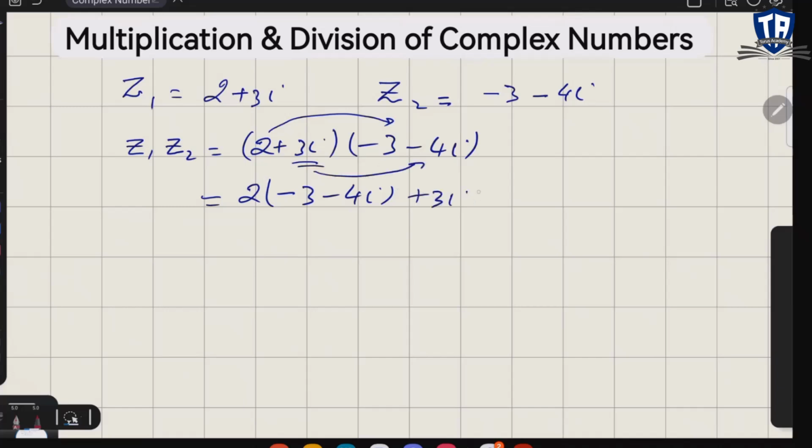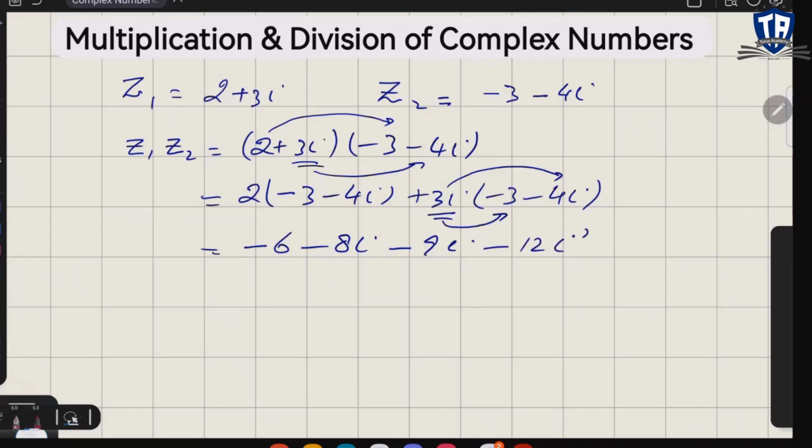Multiplication is simple, which is minus 6 minus 8 iota, plus minus 3 iota will multiply with 3. It is minus 9 iota. But when you multiply 3 iota with 4 iota, you write it as 12 iota